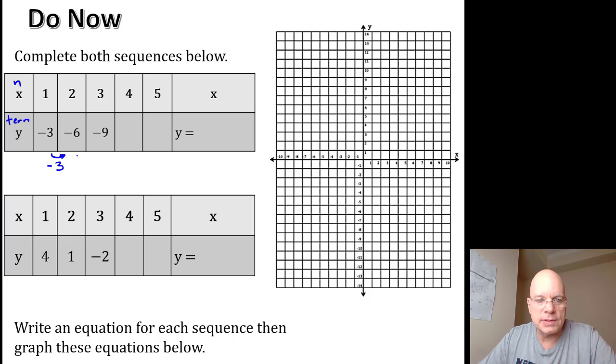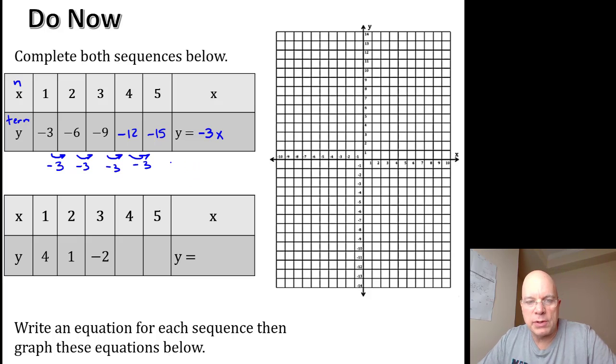And we see this sequence is decreasing by 3 each time. So if I continue to decrease by 3, this will be negative 12. And this fifth term will be negative 15. And we said that we multiply that common difference, in this case negative 3, by, well, we used to multiply it by n, but these are now x. So I'll just say negative 3 multiplied by x. And then we test our